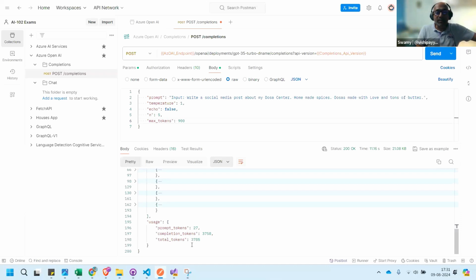So the same thing. You can see the completion tokens is 3,700, whereas we will be wondering that we said it's only 900 is the max tokens, but how come it went to 3,000 and change? This 900 max tokens is for one output. We said n generate 5, so 5 nines are 4,500. So that's the tokens. When we are doing these kinds of things, we should be a little bit careful on the cost or number of tokens usage.